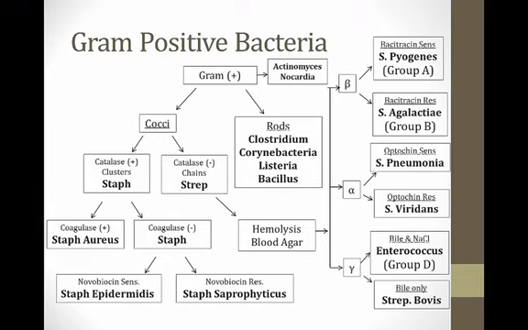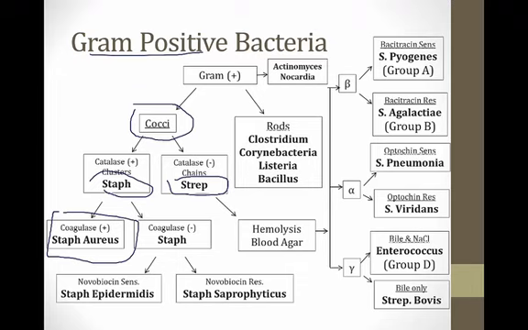So this is our algorithm for gram-positive bacteria, and recall that there are the gram-positive cocci, and there are two groups of gram-positive cocci. There are the streptococci, which we'll talk about in another module, and then there are the staphylococcus, which we'll talk about in this module. The most important staph is Staph aureus. It causes a lot of disease, and then there are two less important staph, which we'll also talk about,